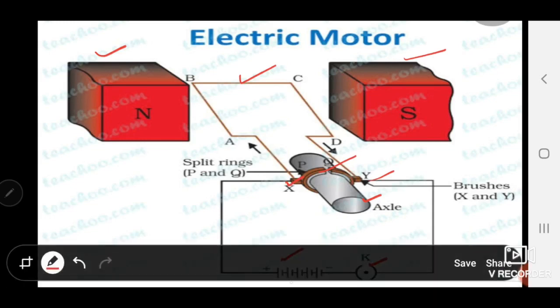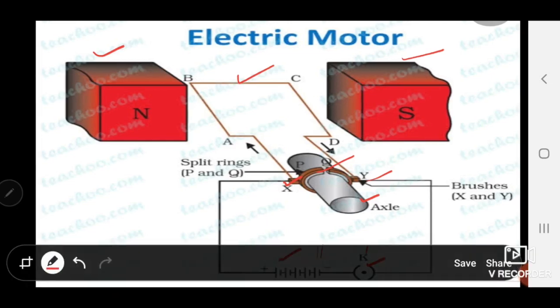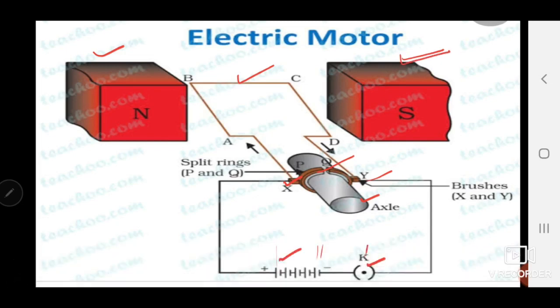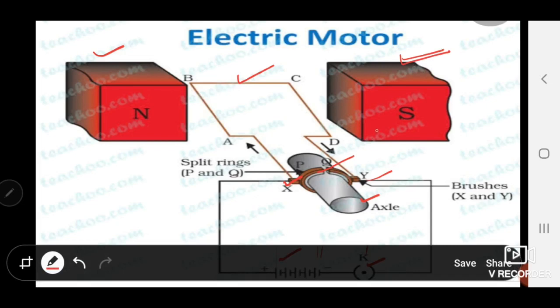In the AC generator, instead of a battery we use a galvanometer, because that device converts mechanical energy into electrical energy. Here, the motor uses electrical energy, so for this reason we have to connect the battery. All these are the essential equipment, and using them the electric motor is arranged as shown in the diagram. Let us see how it is arranged and how it works.